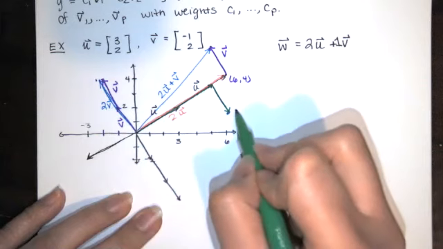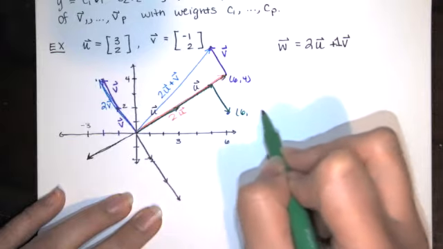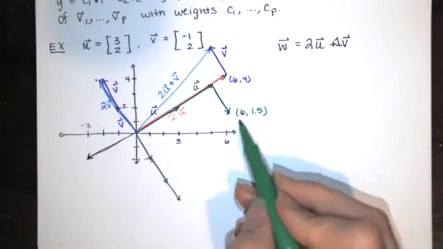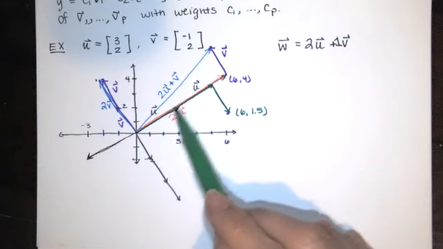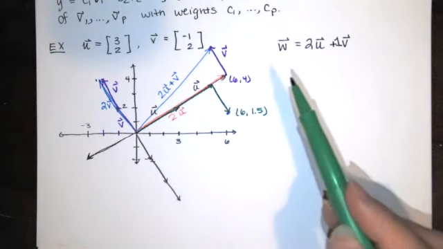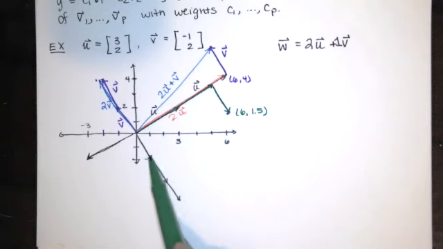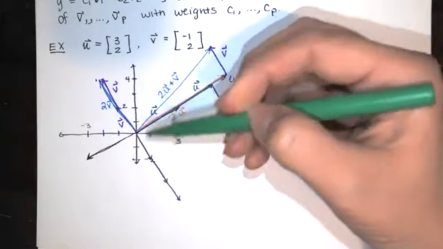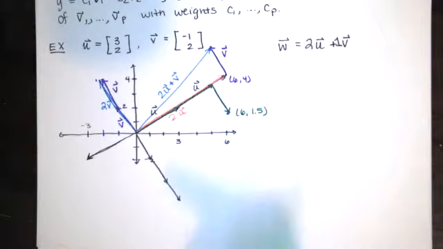And it looks like that location is x equals 6, y equals, excuse me, 3/2, 1.5. You might say, how do you get 6 and 1.5 there? Well, it looks like I'm going to take u and multiply it by some constant. That constant is between 1 and 2. And then I have to take v and multiply it by a negative constant, because v is over here, but I would multiply it by a negative, and it looks like it might even just be negative v. So I'd have some constant times u plus negative v,